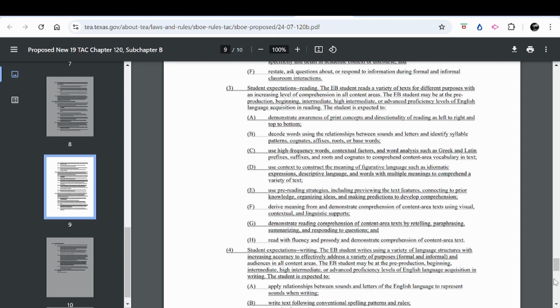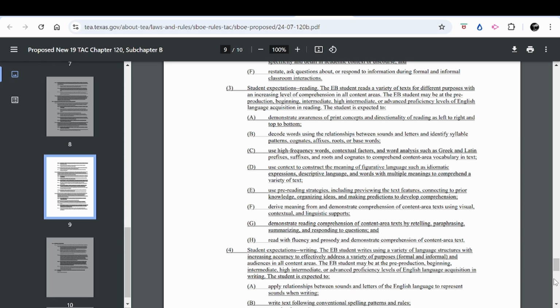E. Use pre-reading strategies, including previewing the text features, connecting to prior knowledge, organizing ideas, and making predictions to develop comprehension. F. Derive meaning from and demonstrate comprehension of content area text using visual, contextual, and linguistic supports.